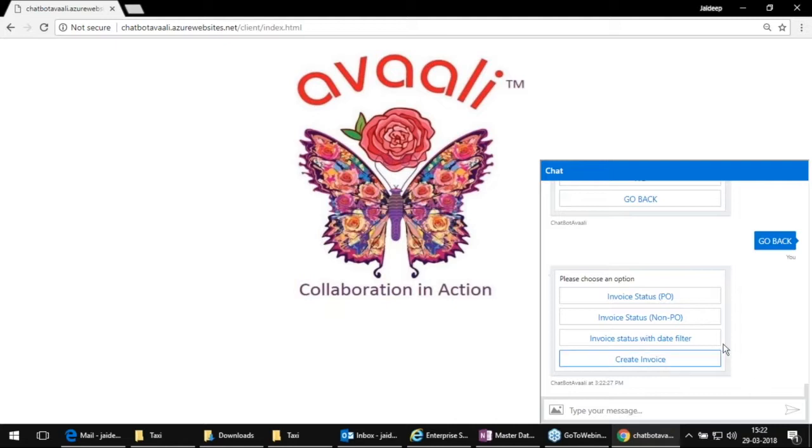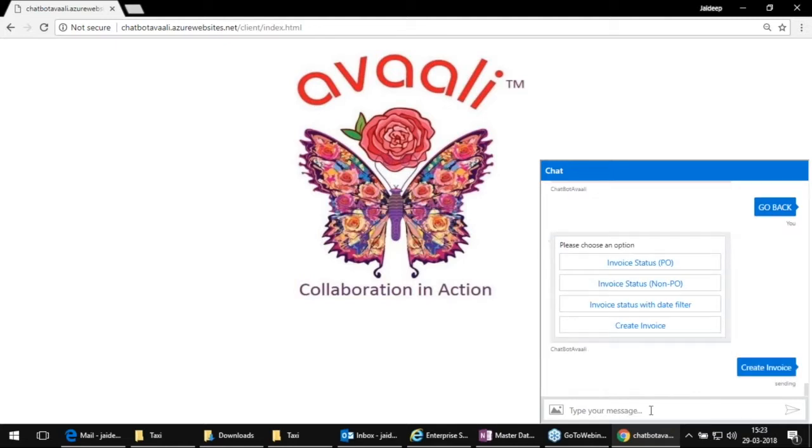Okay, so there's one last option that I would want to demonstrate. Here we say create invoice, right? What we're trying to demonstrate here is to utilize the feature of sharing an invoice copy, a supporting document of the existing business transaction that you might have with the buyer, via the chatbot itself. This will utilize the existing flow of getting an input from external systems, like an email with which the vendor would share his invoice to the company. So I'm just going to demonstrate how this works.